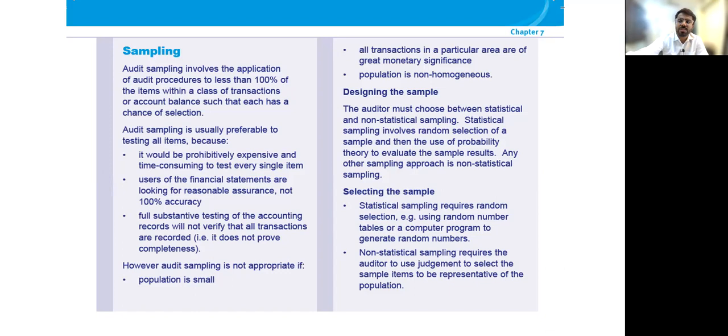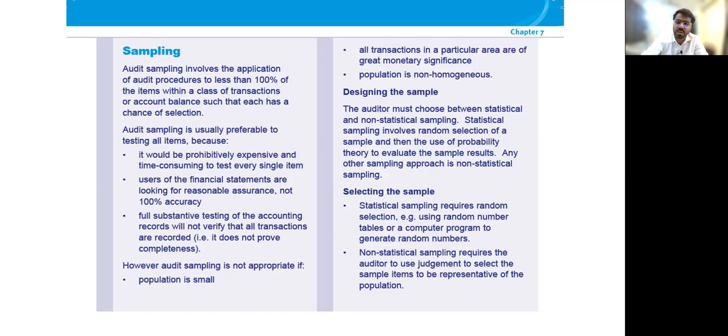There were only 10 fixed assets which were purchased. If the company has purchased only 10 fixed assets in the last year, will you again do a sampling and check only 2? No, right? You will check all the 10 because there are only 10 transactions. So you will check only 10 transactions and you will not do sampling there.